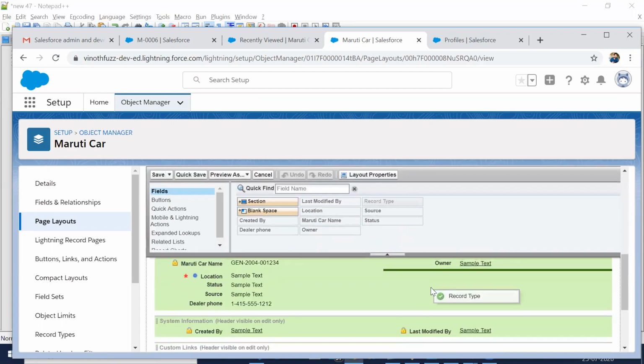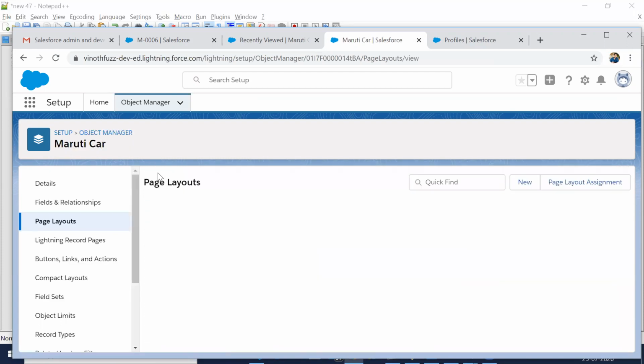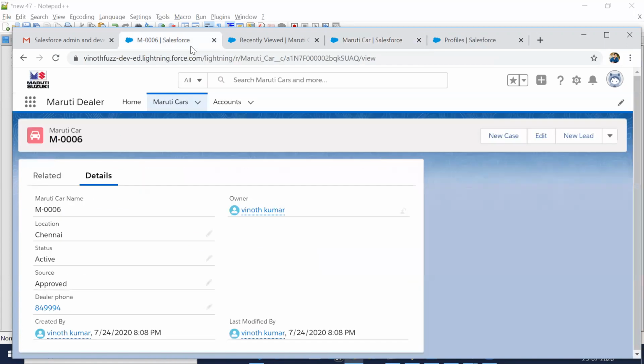What I'm doing is putting this record type field in the page layout so that I can see which record type is for this particular record. I saved it. Come here and reload.